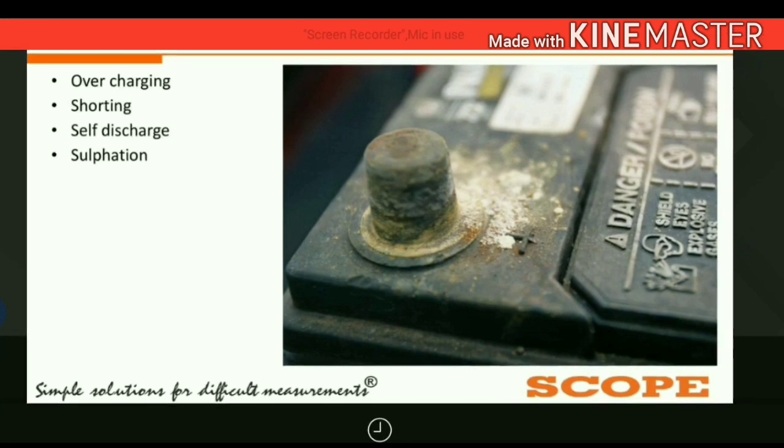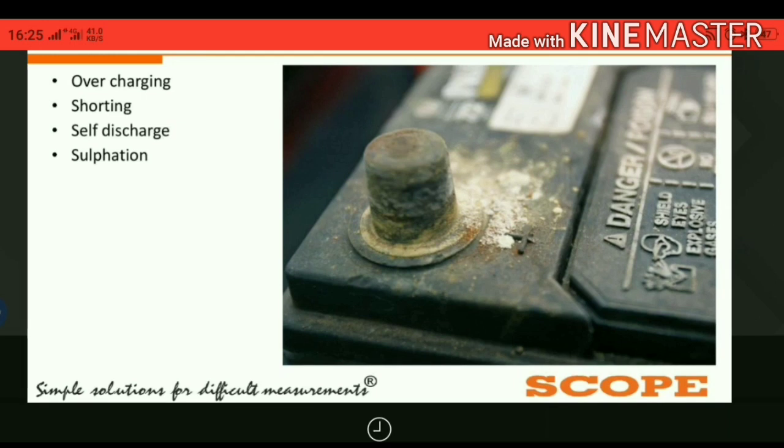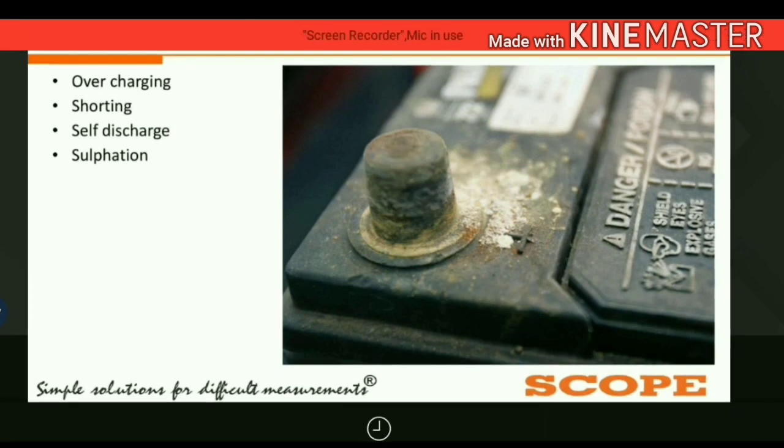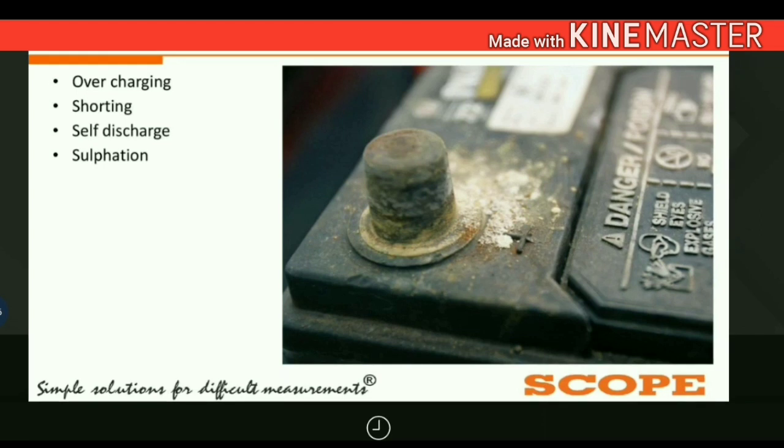Now, why is sulfation happening? If the battery is getting overheated, or you can say the battery is at a temperature above the 75 degrees centigrade room temperature, sulfation will occur. And sulfation is a very natural process for the old batteries we can see in the substation. If the battery is getting old, sulfation is a very common occurrence.